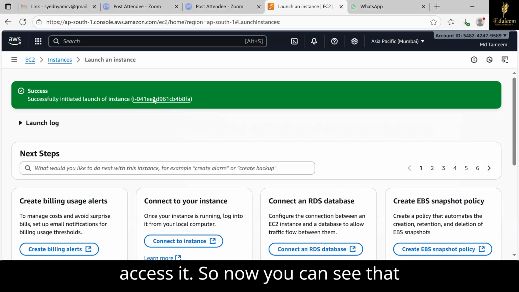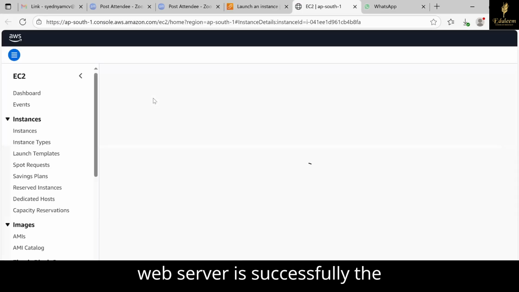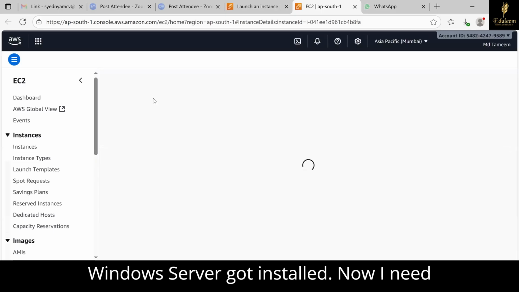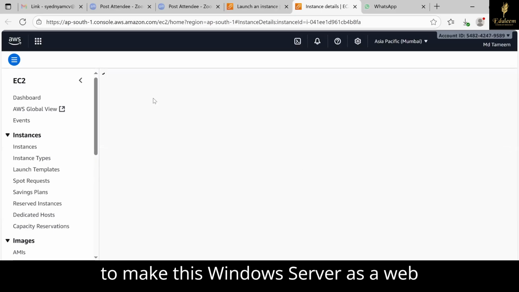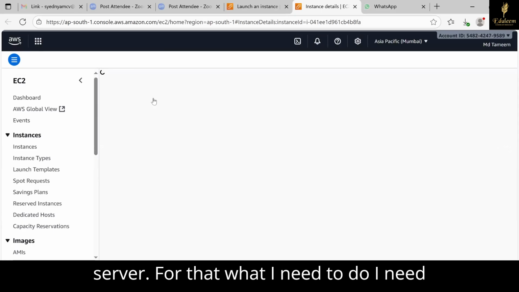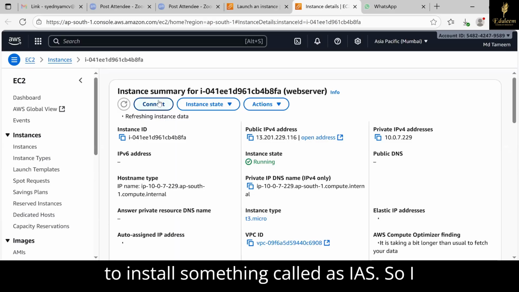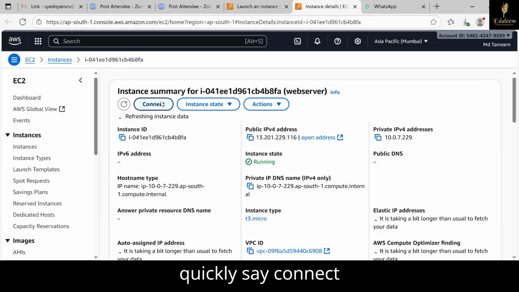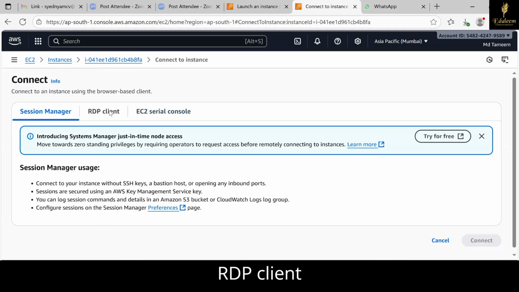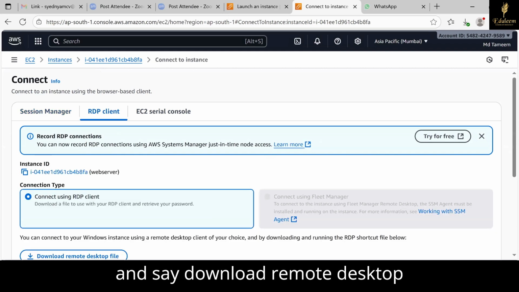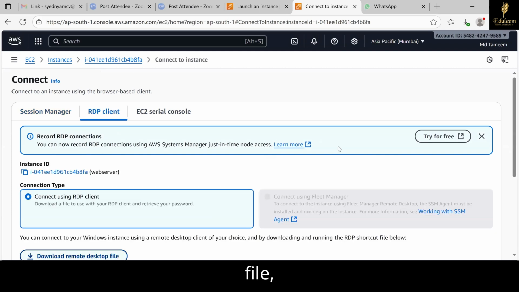So now you can see that the Windows server got installed. Now I need to make this Windows server a web server. For that, I need to install something called IIS. So I quickly say connect, RDP client, and say download remote desktop file,